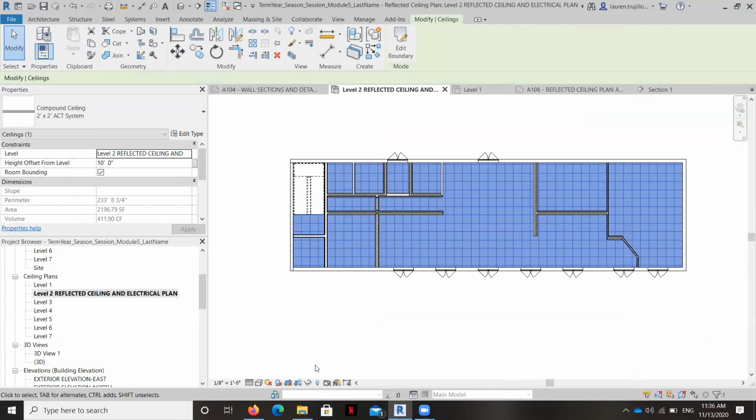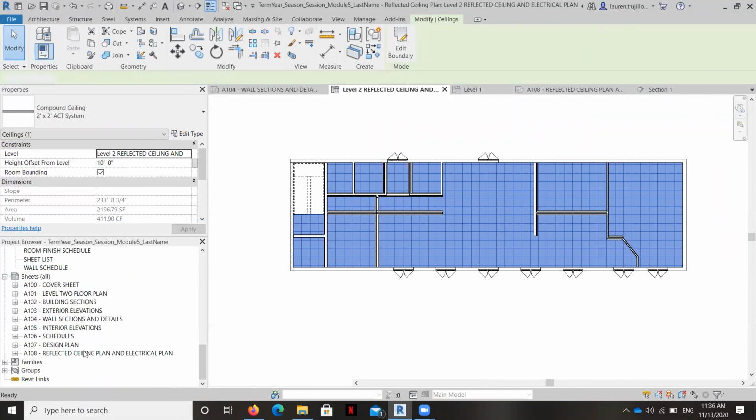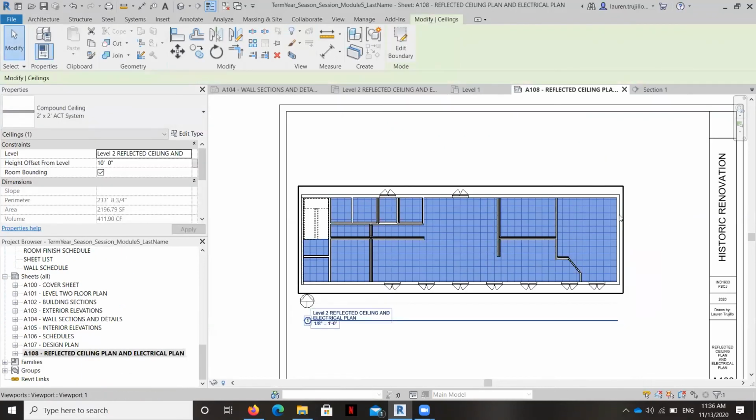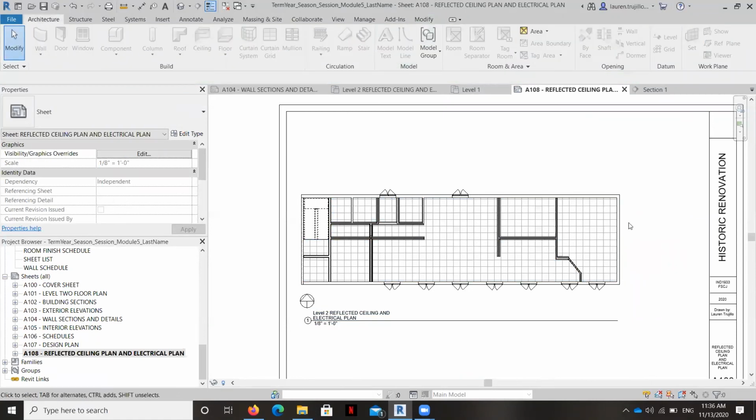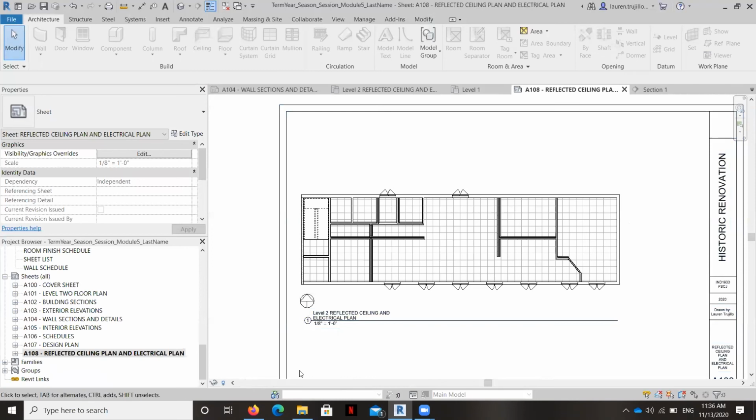And there it is, and it looks just fine. So the first thing you do if something doesn't look the way you want it, if you can't tell and everything looks right when you take different views, is just go ahead and delete it and redraw it. So I've got my acoustical ceiling tile showing up.